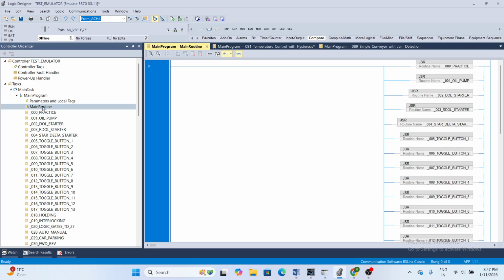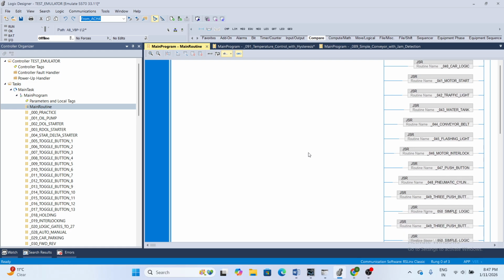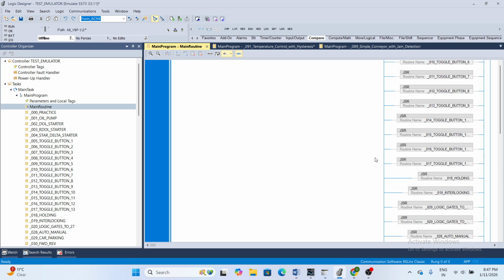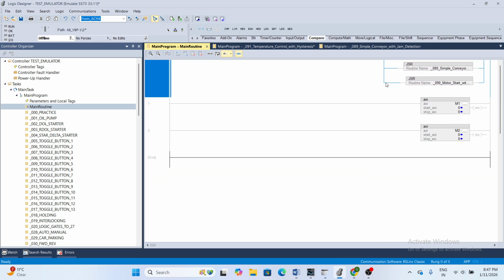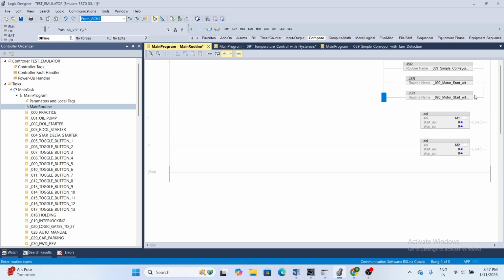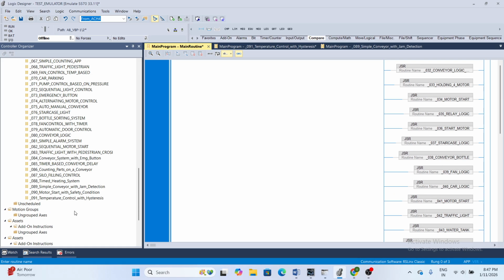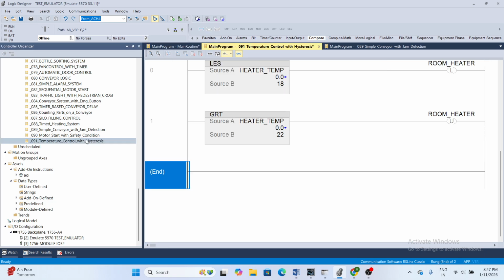routine. Just double click on the main routine, and then below I have to take another rung with Ctrl+C and Ctrl+V, and that logic is the temperature control with hysteresis. Understand? So I have to create this logic in PLC programming.